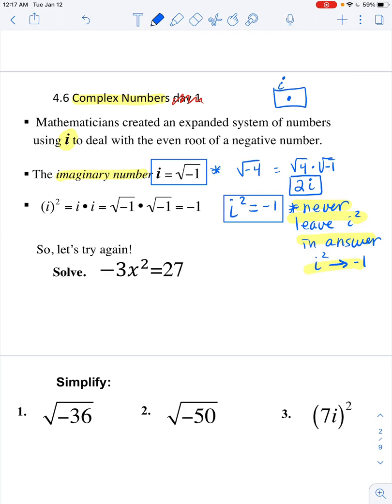So what does that look like? How do they figure that out? Well, let's try it. Here I am with i squared. Okay, well, squared means multiplied by itself. So that means I'm going to have an i